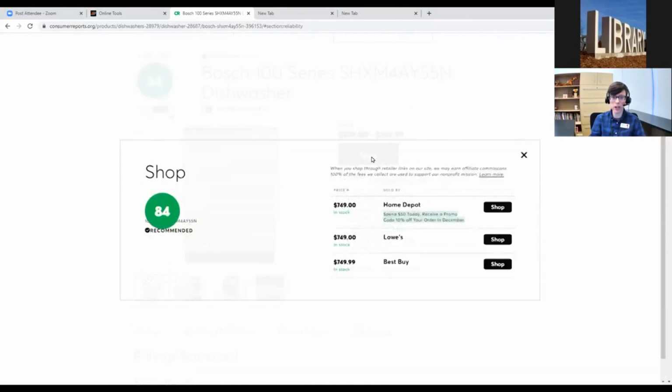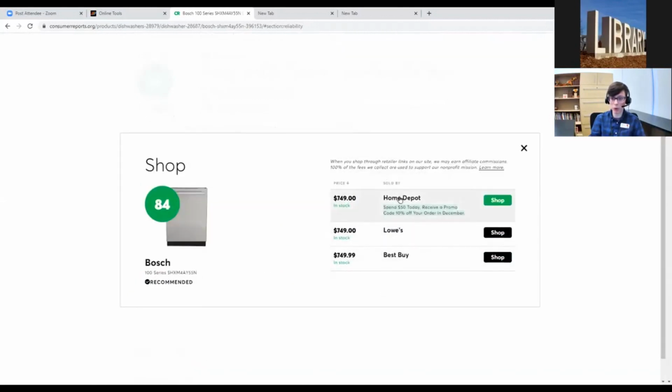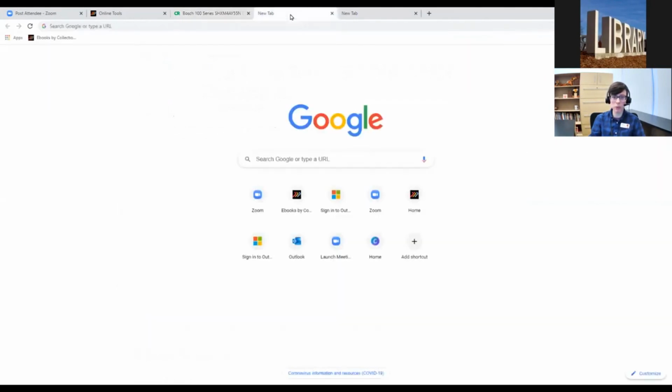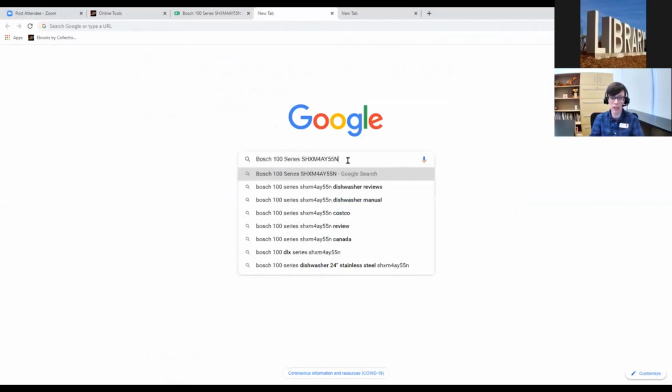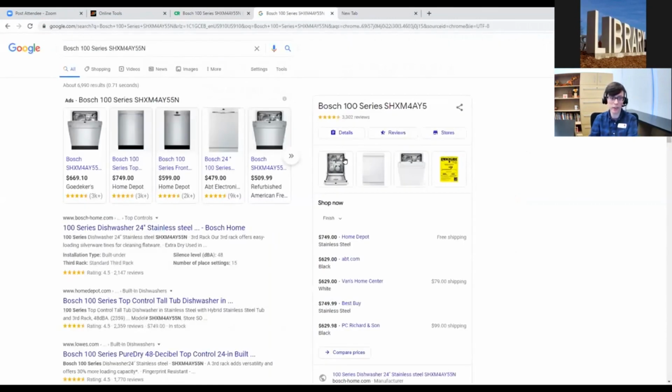And then that's Consumer Reports. If I click on shop, that will show me where I can buy it from for that price that they have listed. Now let's search it if we were just doing a Google search and we wanted to go to the shopping tab. So I'm on Google and I'm going to type in my dishwasher model number and hit enter. And now all the results will come up. You'll see up at the top here underneath the search bar, I'm in all right now, but if I click on shopping,